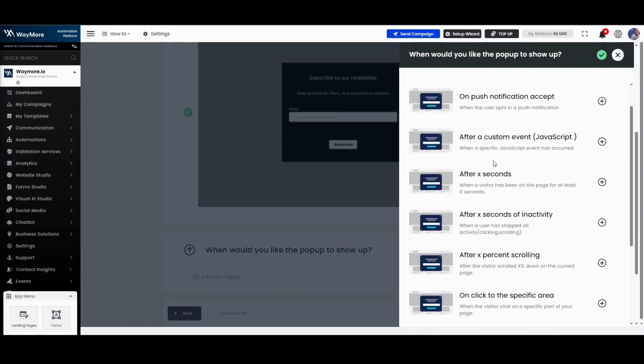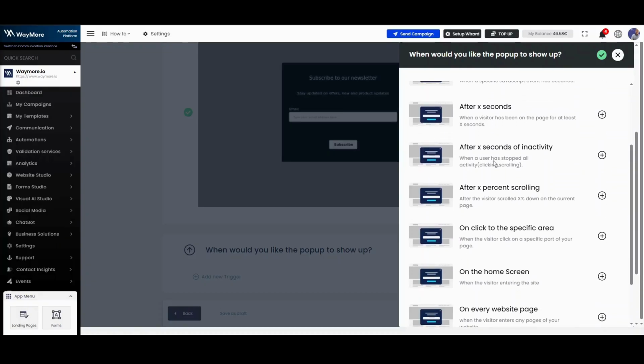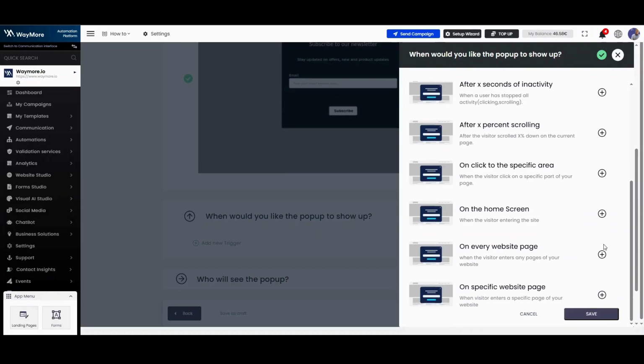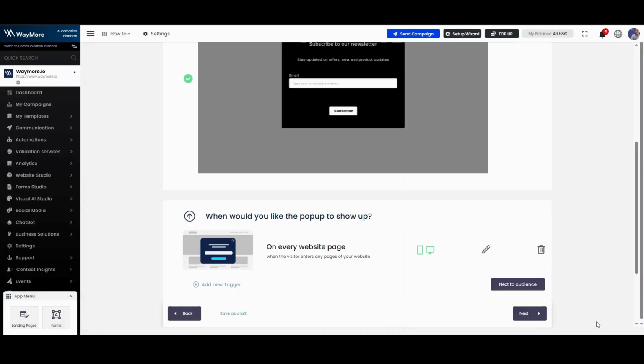We have plenty of trigger options, like when the visitor is inactive for a certain amount of time, or when he enters a specific page of our website and more. For this pop-up campaign, let's select the On Every Website Page trigger, which will show the pop-up when the visitor enters any page of our website. Let's select the devices this trigger will work on, and click Save, and Save again